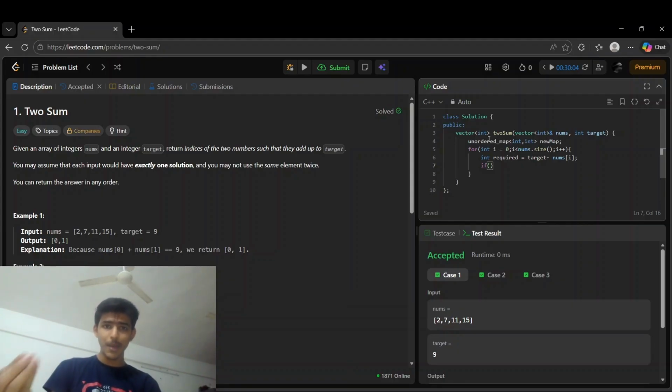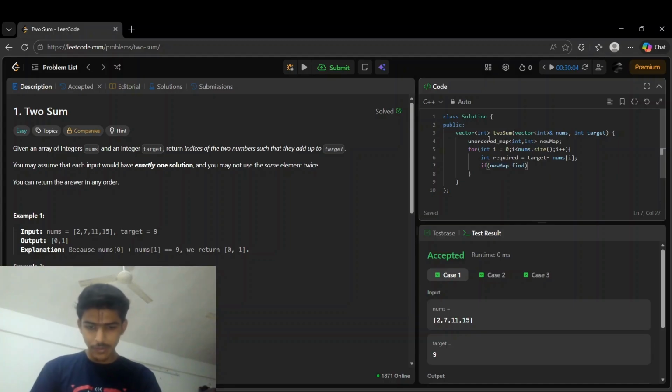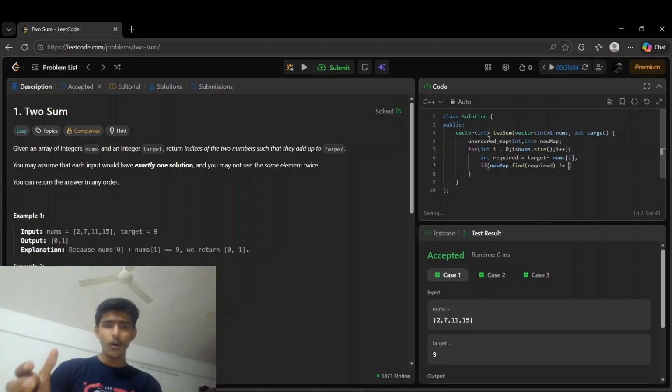if an element is present in that map or not, we use an inbuilt method called dot find. So we will use that here too. The current map's name dot find the required variable. And according to the concept of the unordered map, if any element which we are trying to find in the map is not found, then the dot find method will return map.end, like the last part of the map. So we'll use the if condition to check if the dot find part does not return